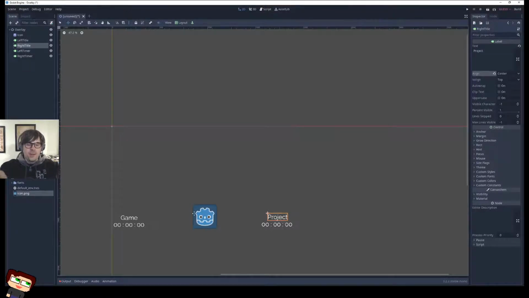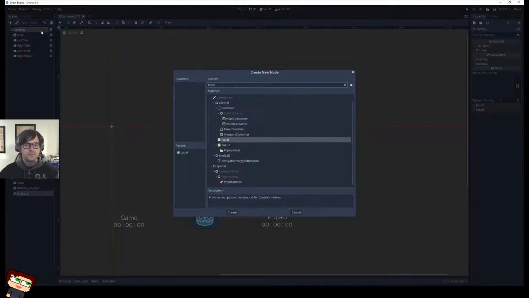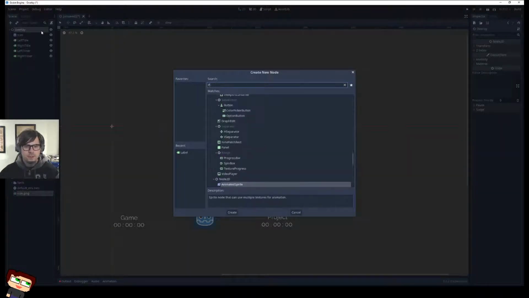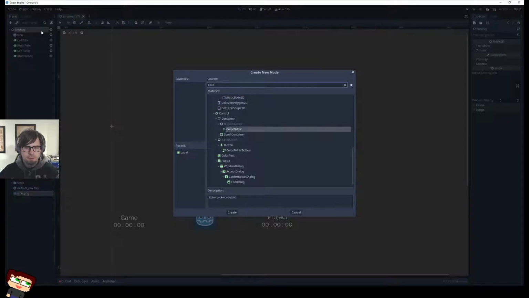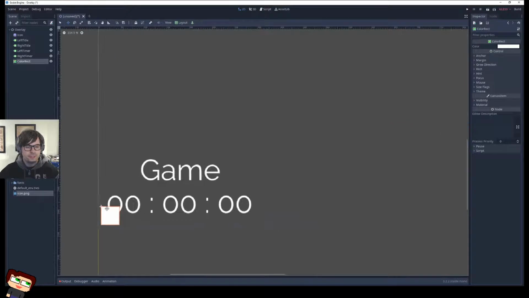Okay, now we've got two timers. They're not laid out properly. And just for fun, we're going to add a panel. Do we have a color picker? No. Container. I know. ColorRect. That's what I wanted. Awesome. Ladies and gentlemen, here we go, because this sets up the thing that I want. Let's zoom in so we can actually see what I'm trying to do here. Make that bigger. We're going to scale this thing out.